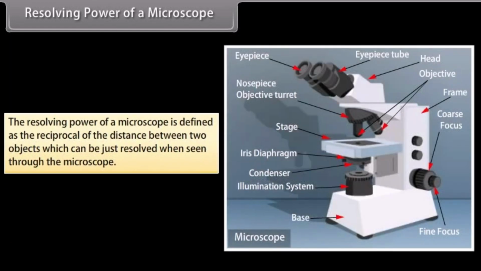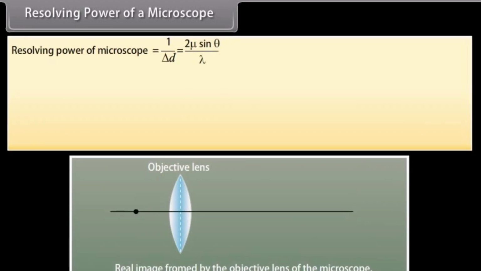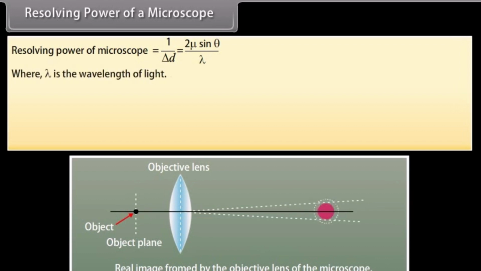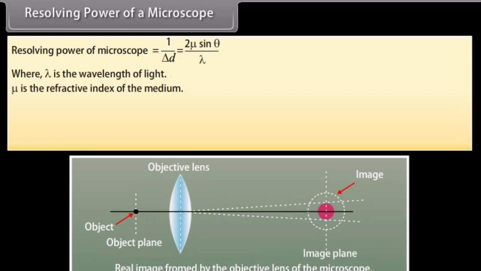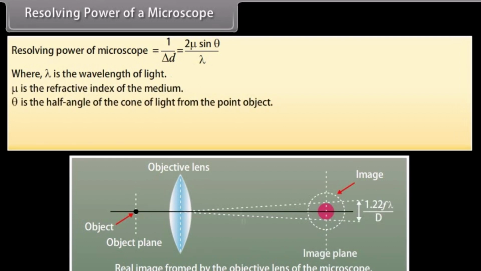Resolving power of a microscope. The resolving power of a microscope is defined as the reciprocal of the distance between two objects which can be just resolved when seen through the microscope. 1/ΔD = 2μ sinθ/λ, where λ is the wavelength of light, μ is the refractive index of the medium, and θ is the half angle of the cone of light from